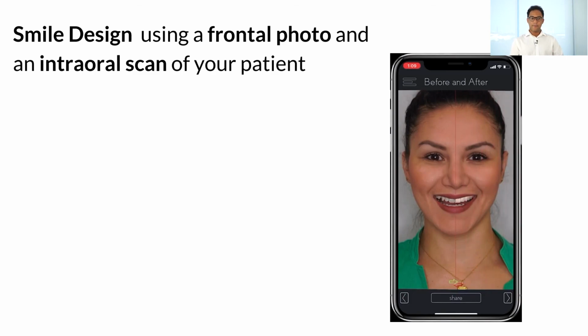And as you already know, here you have the before and after picture. As you can see, it's facially driven. It looks very natural. You can have the patient be the co-designer to help you select the teeth form, so you can customize the patient's experience. But what I want to show you here